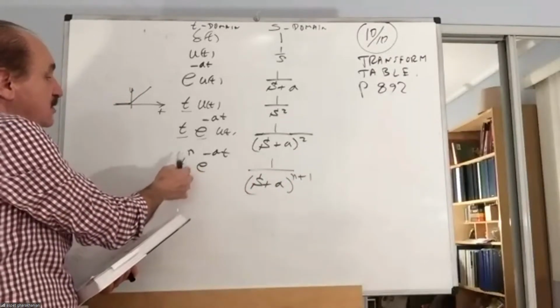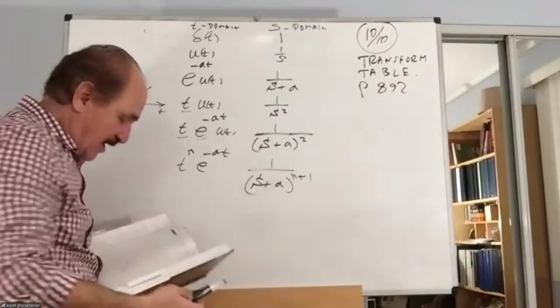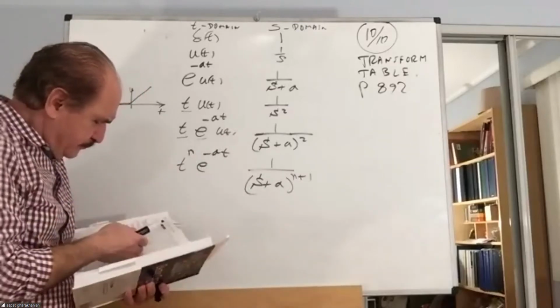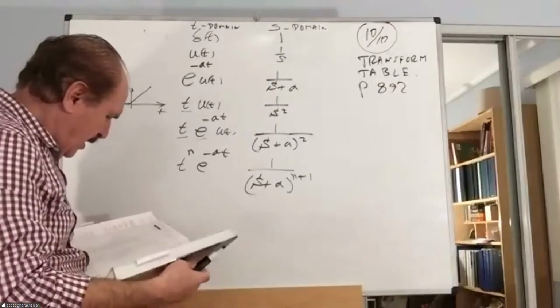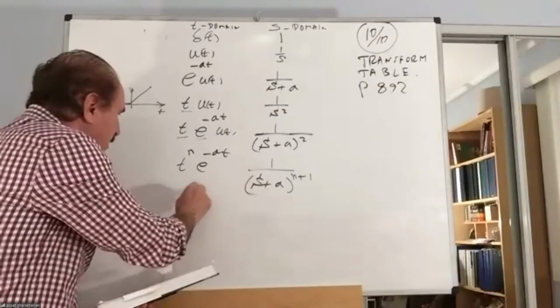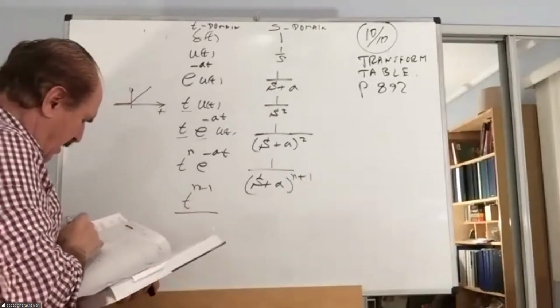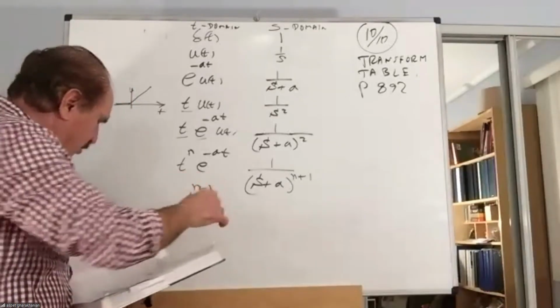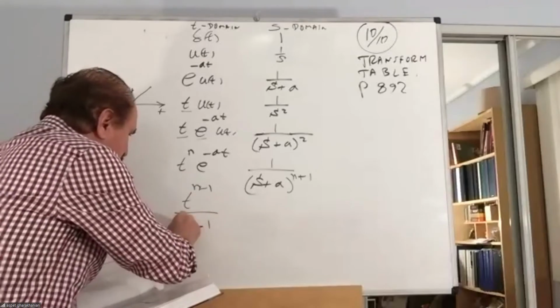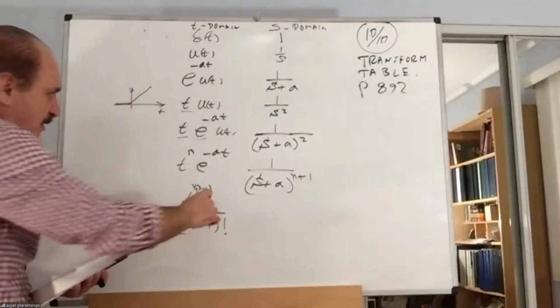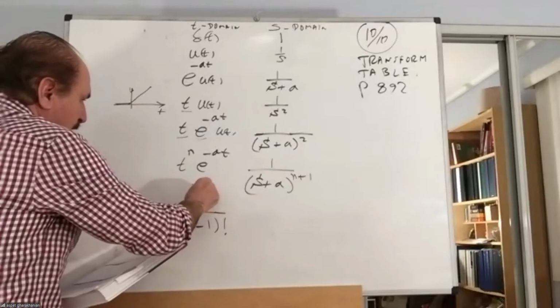You would have a t squared times e to the power minus at. And t to the power n minus 1 over n minus 1 factorial,